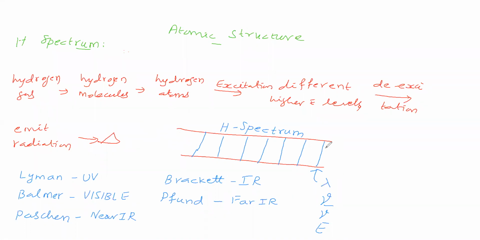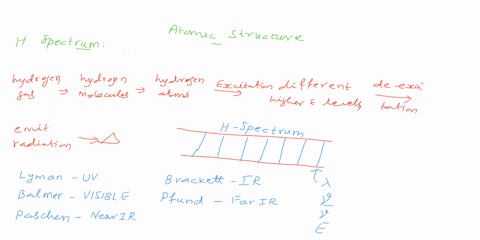So we got this spectral line because of this emitted radiation. Which is emitting this radiation? This higher energy level electron. Why is it emitting radiation? Because its stability is low, so it jumps back to a lower energy level. While jumping to the lower energy level, it emits radiation. Due to that, we got spectral lines.